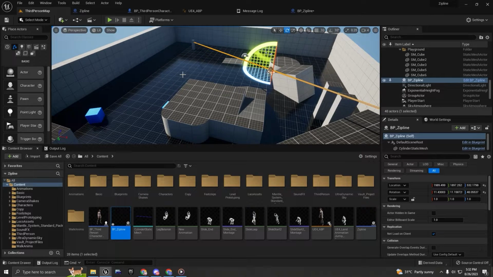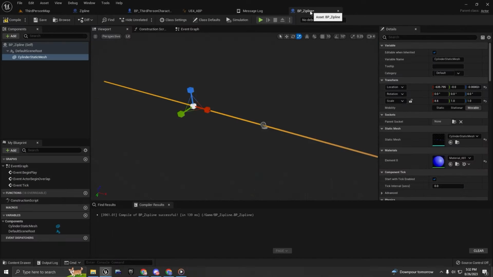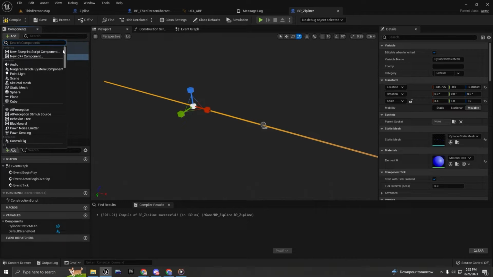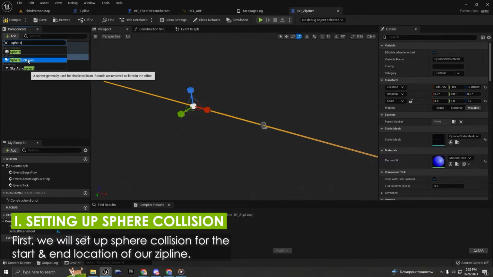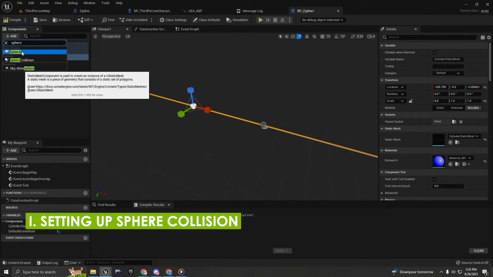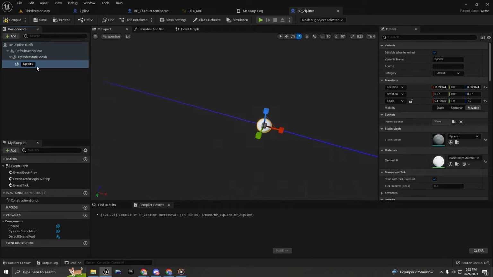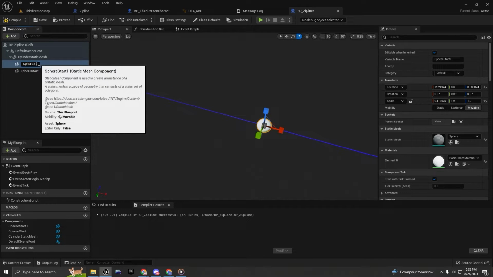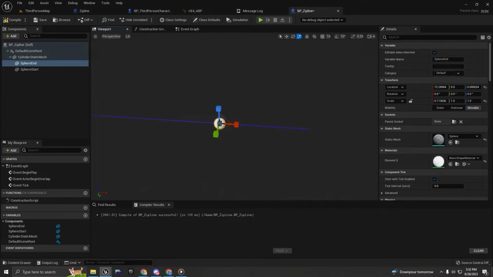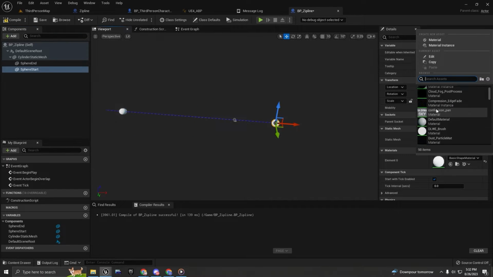Now the next thing that I want to add is the sphere in here. So I'm going to add and type sphere, and let's go for the shape, basic sphere. Going to name this Sphere Start and the other one Sphere End. Now you're going to choose which place you're going to put your Sphere End and Sphere Start. For me, it's going to be here. This is Sphere End, Sphere Start. Change the color to be